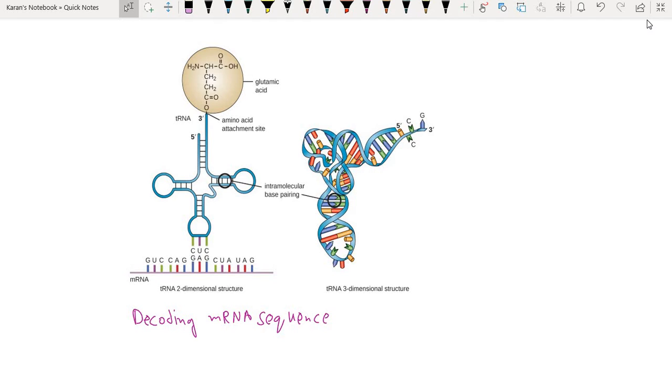Now the question arises, why does it decode the mRNA sequence? Because it forms the proteins by decoding the sequence, right? So formation of protein occurs. Now this tRNA functions at a specific site in the ribosome during translation, and as we all know, the ribosome is known as the cellular factory for protein synthesis, or protein factory, we can call it.